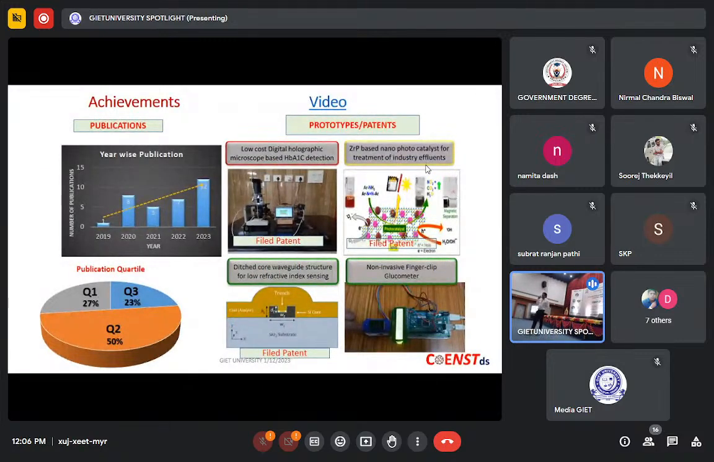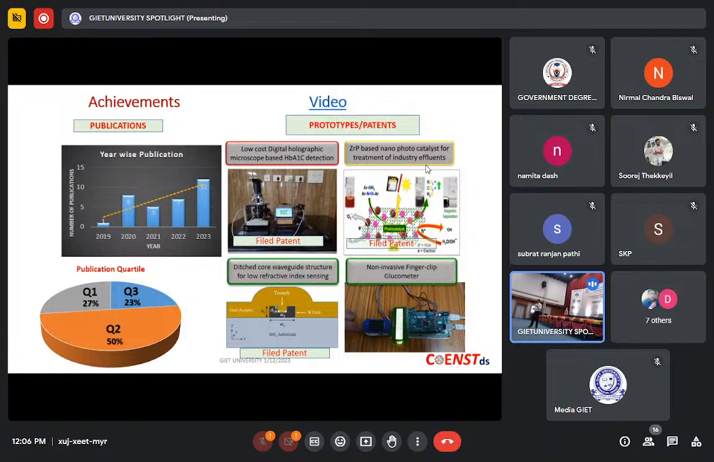If you remember when I came here last time, I was giving a talk on this low-cost holographic microscope for HbA1c detection. And now this equipment is ready, the patent is over, and now we are trying to sell this patent to some industry so that they can manufacture it on a large scale and it can be used by society. The beauty of this prototype is that,